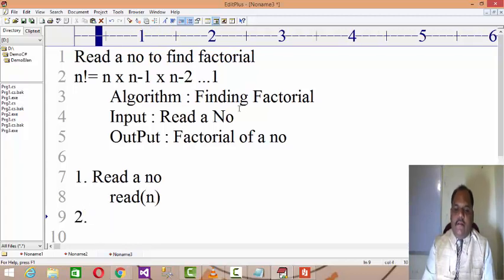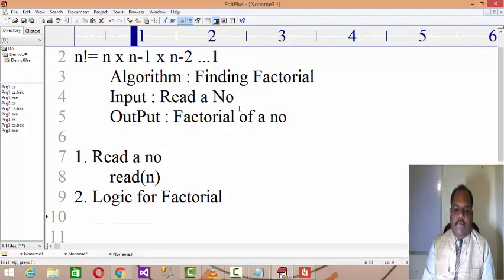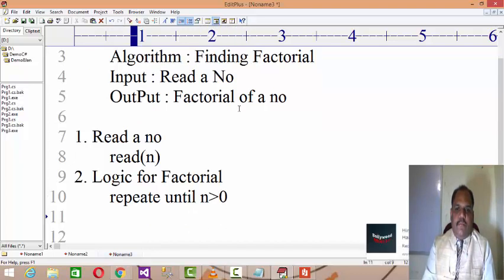Then second, the logic for factorial. What is the logic for factorial? Repeat until the value of n remains more than 0. What do you have to repeat?